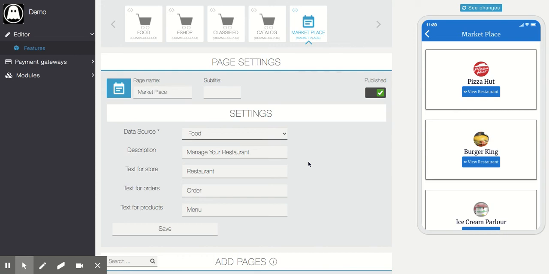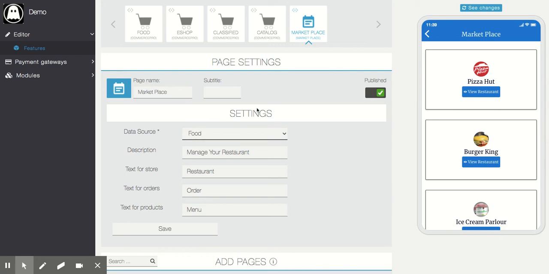So like I was talking about, a dictionary kind of setup or classified catalog. Using this marketplace and Commerce Pro, you can allow your users to create a store and add the products, all the information from the app, which will be displayed on the Commerce Pro module. Combining this marketplace with Commerce Pro opens up a huge opportunity, because this is the missing piece in any business where you want to allow your users or business owners to control their data.